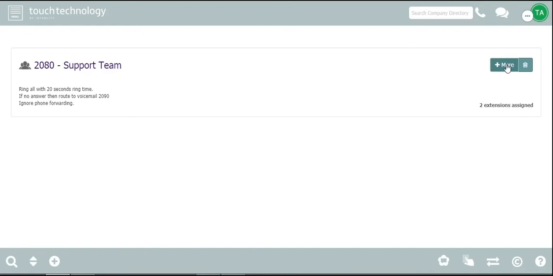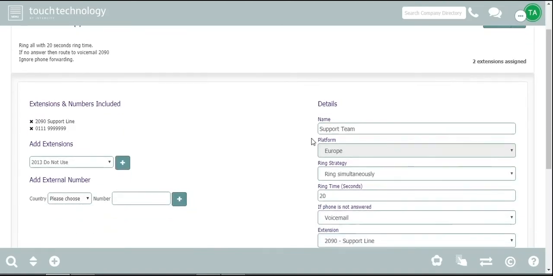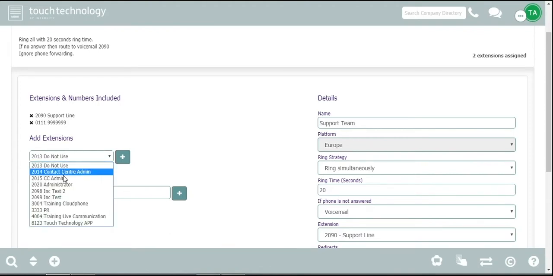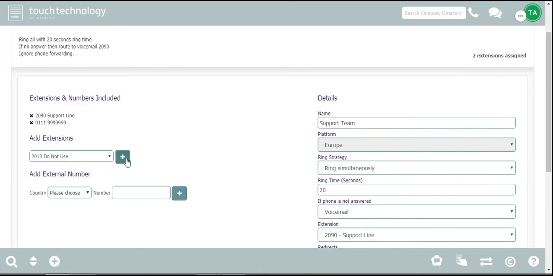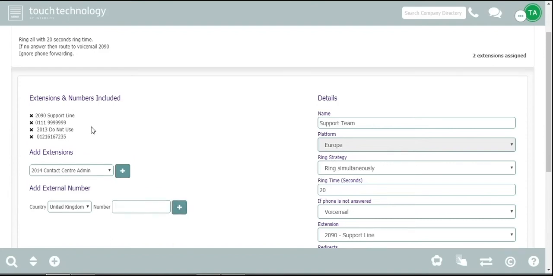To look at this in more detail, we select More on the right hand side, and in here we can see there is an extension number of 2090, but also an external number that are due to ring. We can then choose to add additional internal extension numbers from the drop down list, followed by hitting plus. And we can also choose to add additional external numbers to this ring group as well. If we wish to remove an item from the list, simply click the black X next to the particular entry